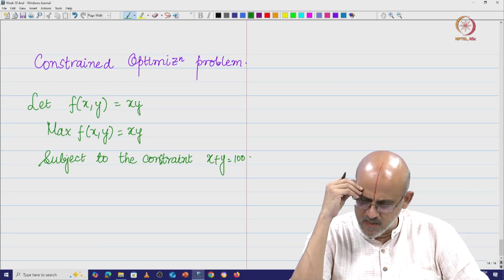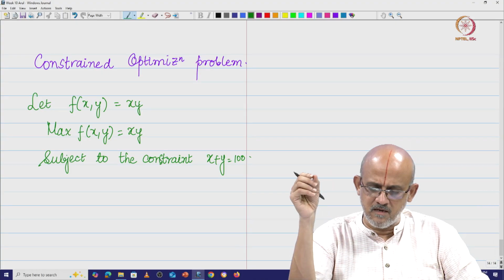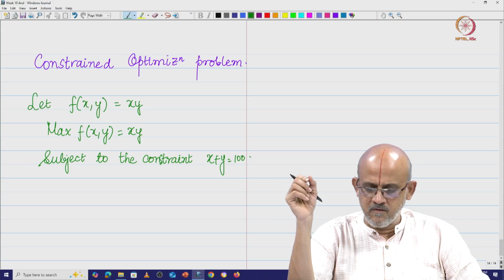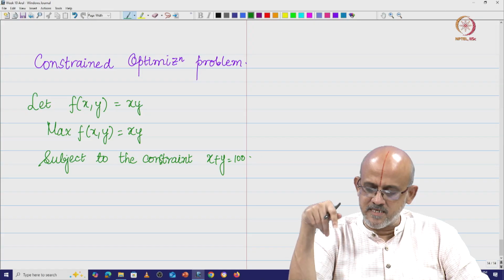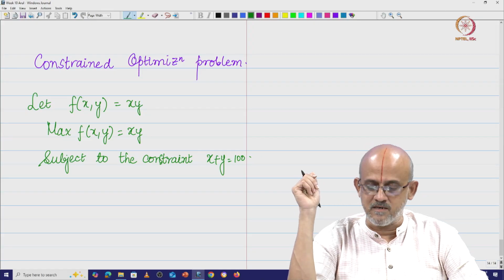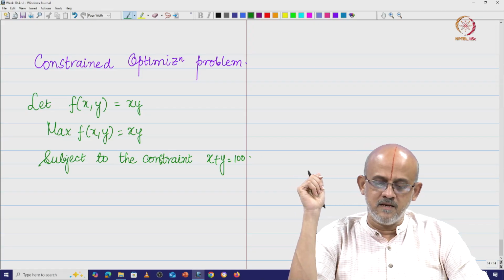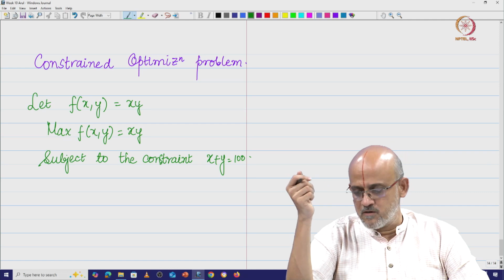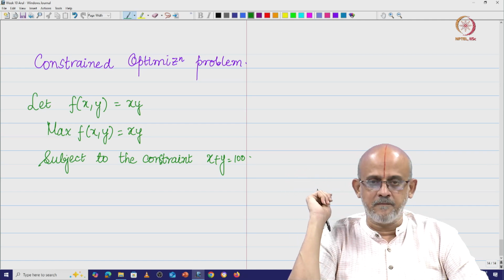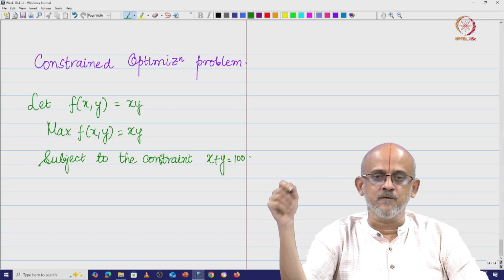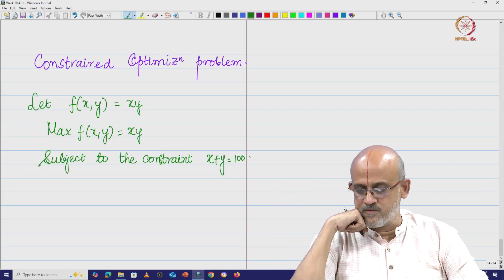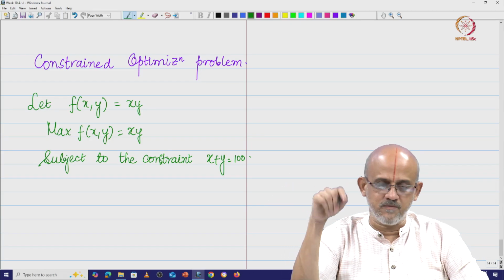So, I am going to take a function x y where I have to maximize this function, and the constraint is basically x plus y is equal to 100, right. Now, how is the function going to look? What is the graph of the function, and what is the graph of this equation x plus y is equal to 100, and what are we trying to figure out with this? Is that clear? So, that is what we are going to look at.